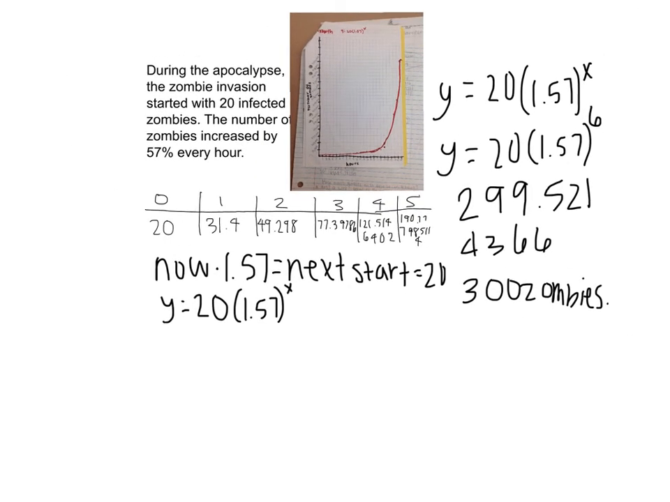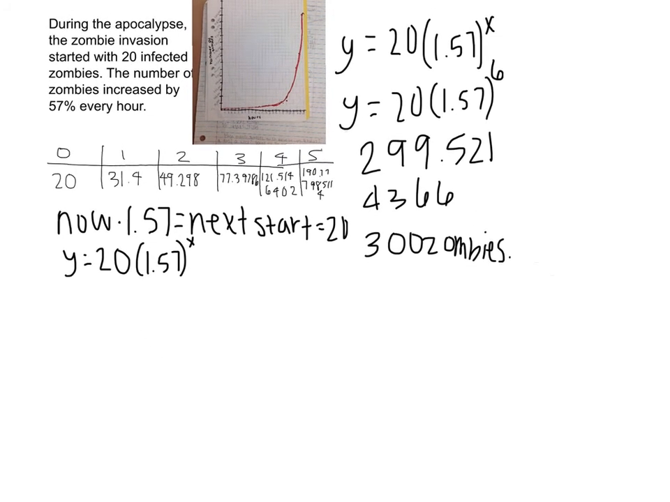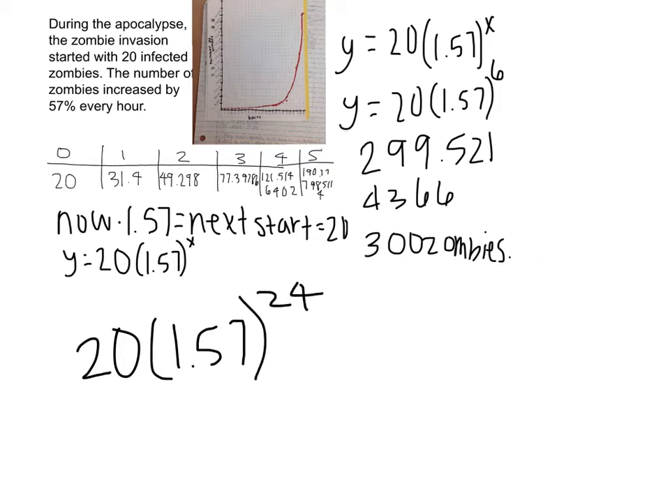So our second question is, how many zombies would there be in a week? Now we have to figure out how many zombies there would be in one day. So in a day there's 24 hours. So it would be 20 times 1.57 raised to the 24th power. So if we do the math,